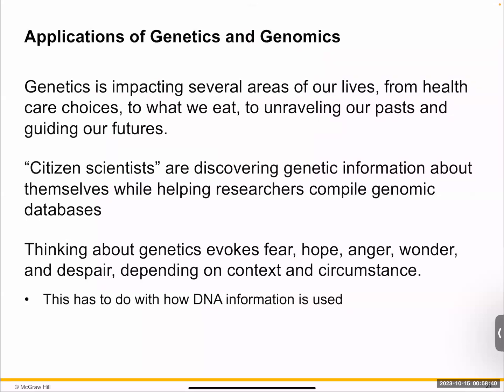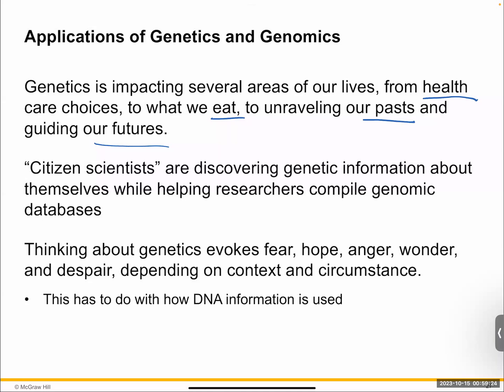So now that we have a basic understanding of some of the terminology, let's look at some of the applications of the science of genetics and genomics. As I mentioned multiple times already, genetics has become part of who we are. It has literally created its own space inside our life. It affects our health. It affects what we eat. It gives us information about our past and guidelines to our future, creating our offspring, making sure they are healthy, certain characteristics to be developed, etc.